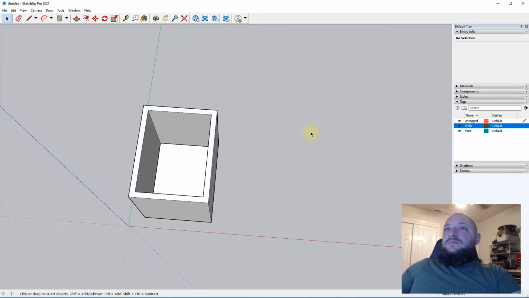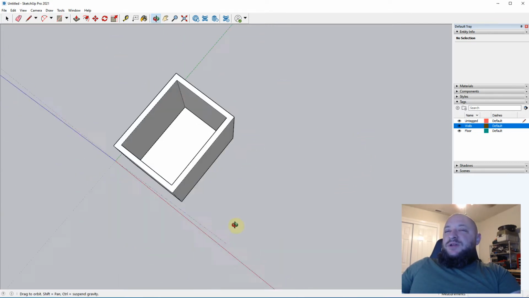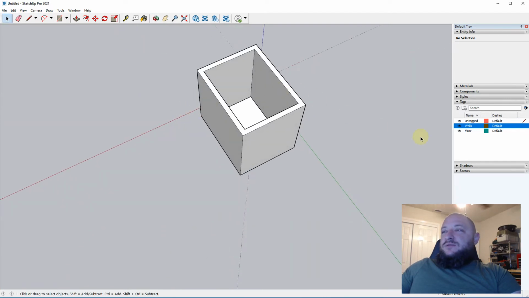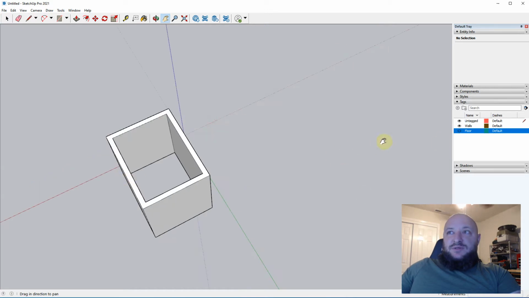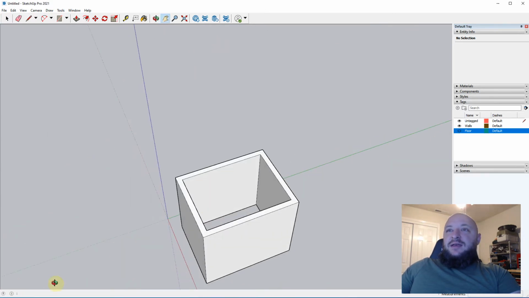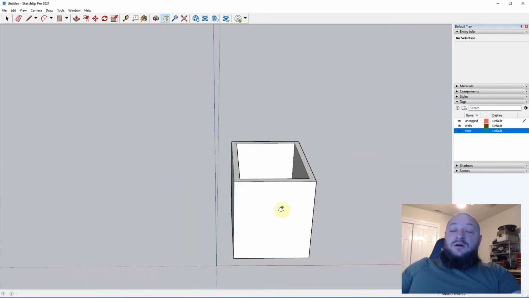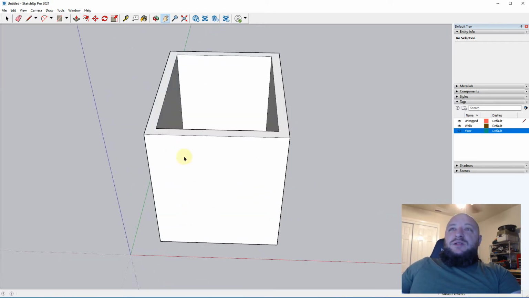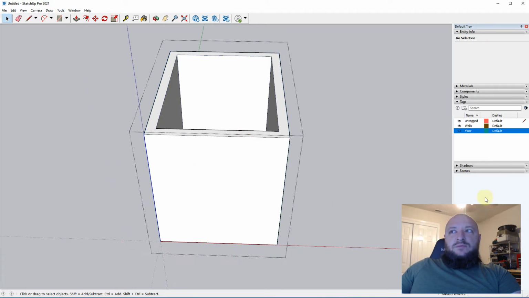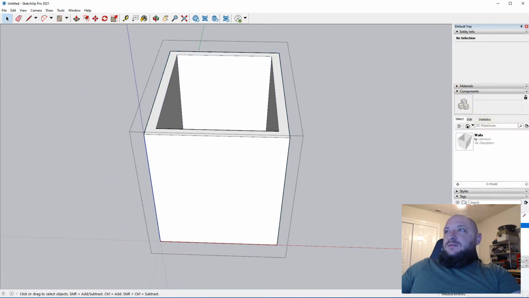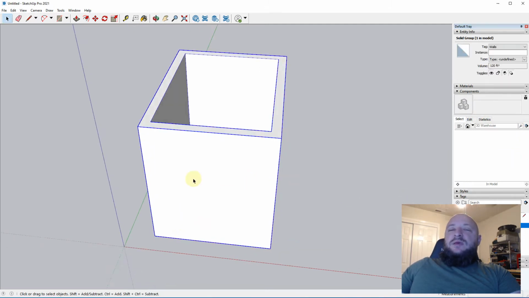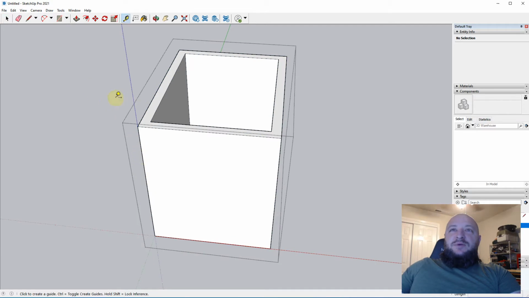Okay? So, a couple tricky things I want to show you here. So first, I'm going to hide the floor. Not that it really matters, but just kind of get into practice of doing it. And what we're going to do is we're going to add a door and a window in here. And so what I'm going to do is, again, I've already turned this into a component or a group. This one's the group, right? Yeah, this one's the group. Okay, so I'm going to double click on here,